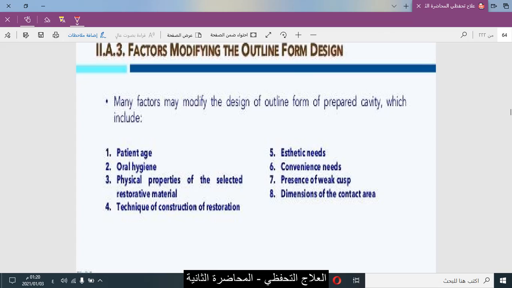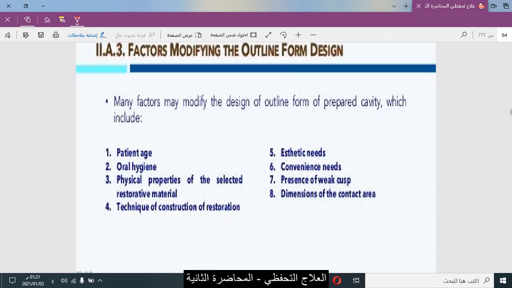Need for esthetics. If esthetics is needed, we should not exceed, in the premolar area, for example upper premolars, beyond the buccoaxial line angle, buccomesial or buccodistal line angle, and if it is exceeded, we have to do an esthetic restoration or composite restoration. Convenience need: we have to be able to see the cavity and focus on it. We need to see the outline of the cavity with the naked eye easily, and to easily put and